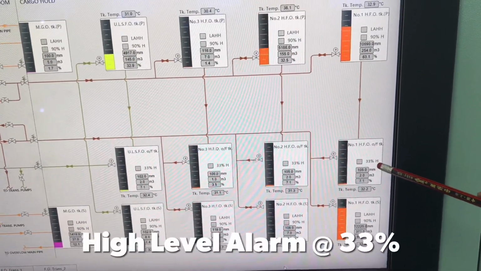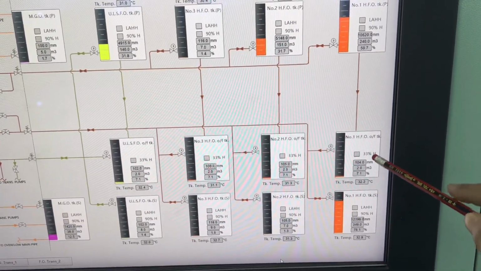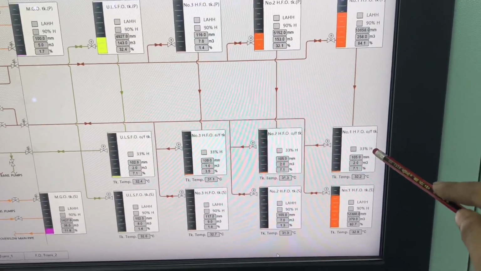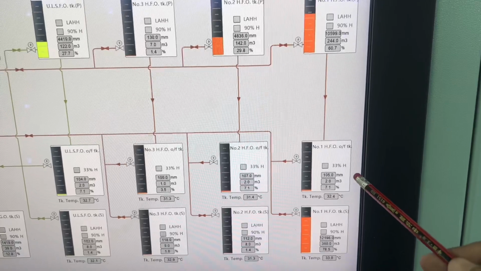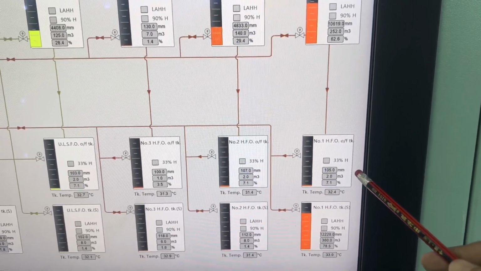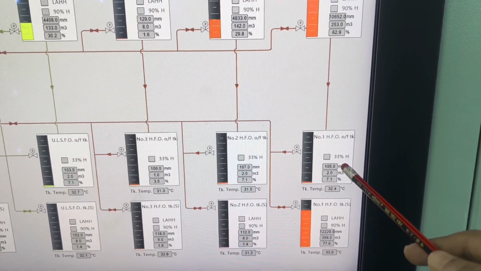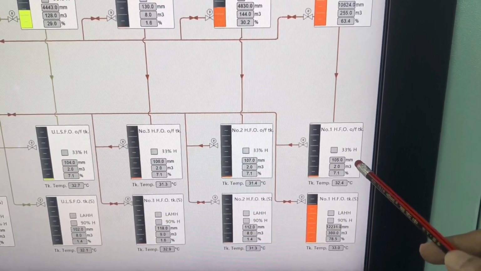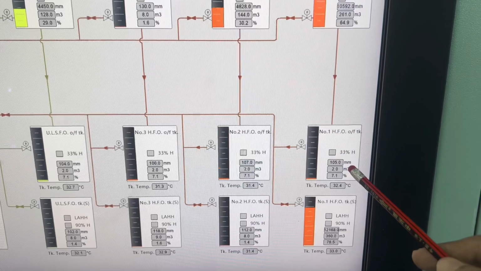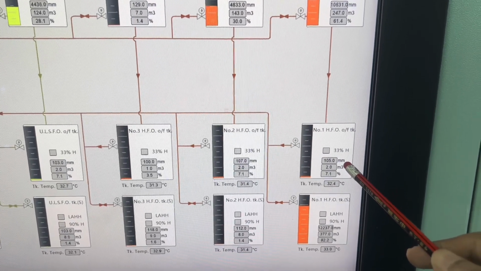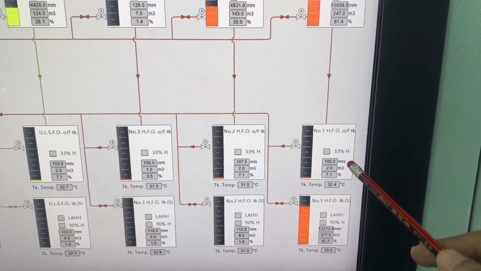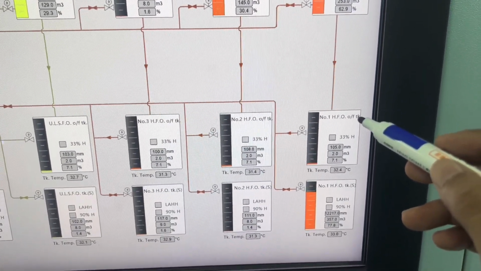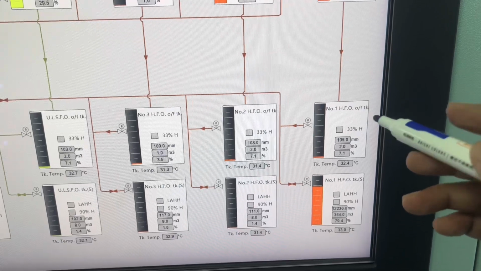And this overflow tank also has a high level alarm, which is set at 33% of the capacity of this overflow tank. If this overflow tank has started filling and this 33% high level alarm has already passed and still no further action has been taken, that the barge was not informed to stop the bunker immediately, then what will happen? This overflow tank is connected with, or we can say fitted with, a vent box.